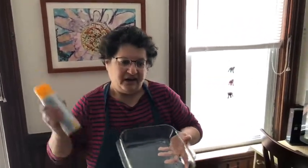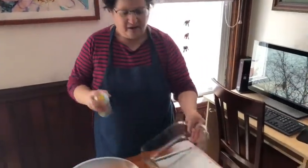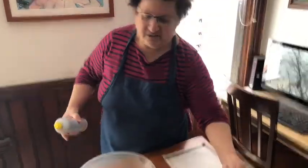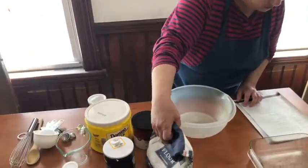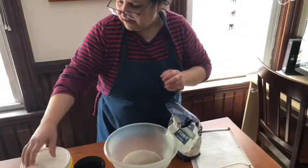So I have preheated the oven to 350. Going to use a little cooking spray to grease this square 8-inch Pyrex pan. Obviously you can use a different size or shape pan, whatever you have handy. And then I'm going to measure all the dry ingredients into this bowl. So we start with 2/3 cup of sugar,